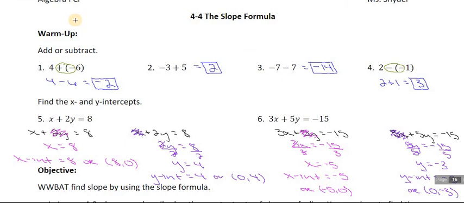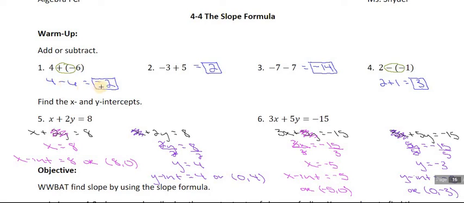I want to draw your attention to numbers 1 and 4. Remember, whenever we have 2 signs next to each other, we need to circle them and make them one sign. So if we have a plus and a minus, that comes together to make one minus. So we've got different signs, so we're going to actually subtract. We do 6 minus 4 gives us 2, but the sign of the larger number 6 is negative, so our